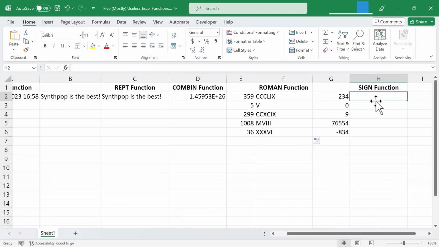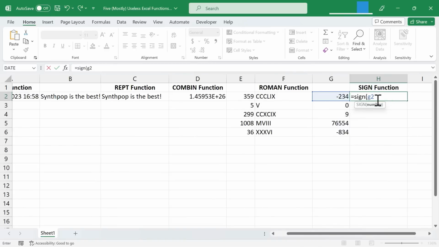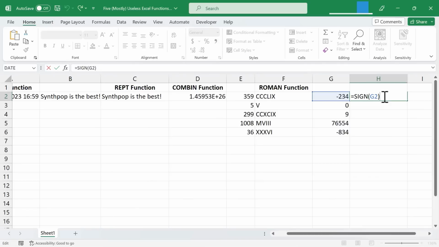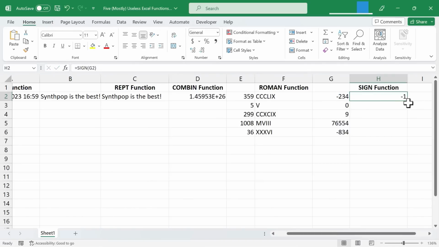And now it's time for our 5th mostly useless Excel function, and that is the SIGN function. The SIGN function helps us figure out if a number is positive, negative, or 0. So I'll type equals SIGN, left parenthesis, and G2, right parenthesis. I'll tap enter on the keyboard, and it's showing me a -1. What that means is that the number that I asked it to examine is negative. It's a negative number. I'm going to extend this formula down the data set by double-clicking on the fill handle,